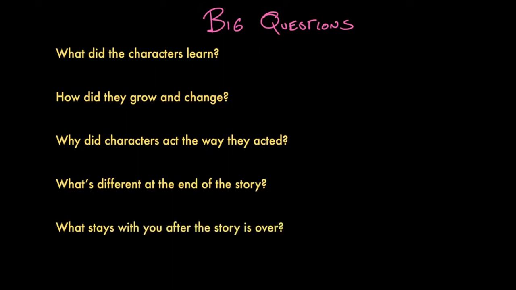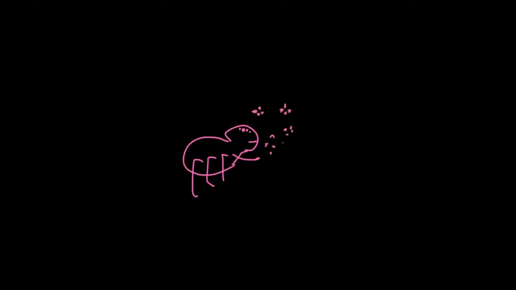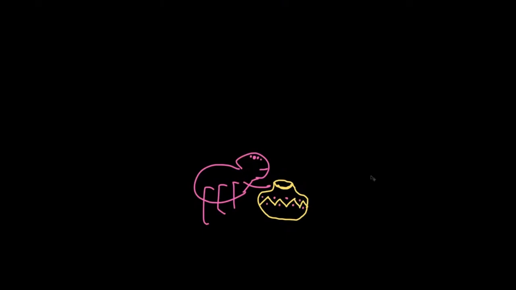Let's go through a folktale and see if answering these questions helps us to uncover the theme. This is a story about Anansi the spider, a heroic trickster from West Africa. Anansi was clever, but he wished to be wise. Wiser than everyone, in fact. He decided that he'd take all the wisdom he could find, all the wisdom in the whole world, and gather it all inside a little clay pot.